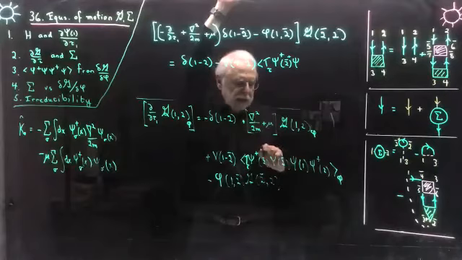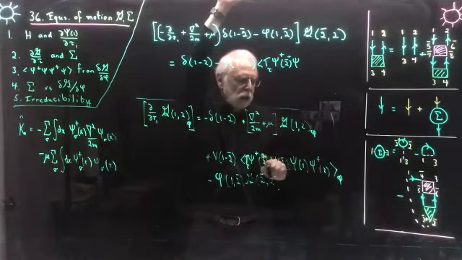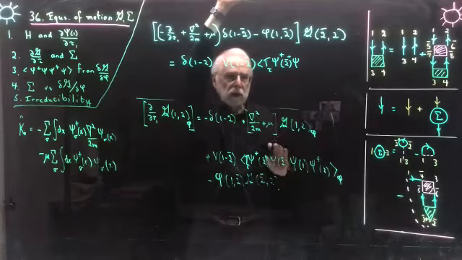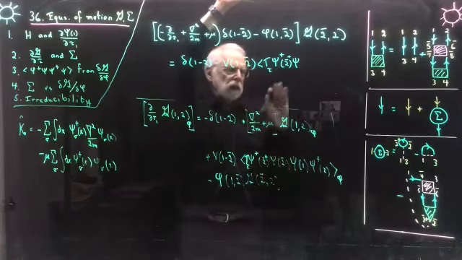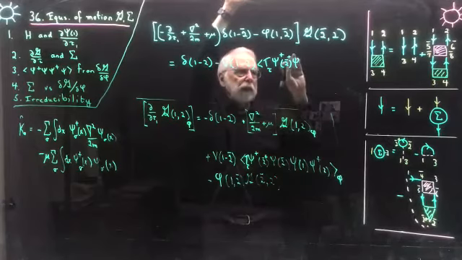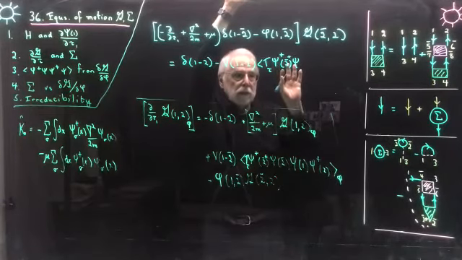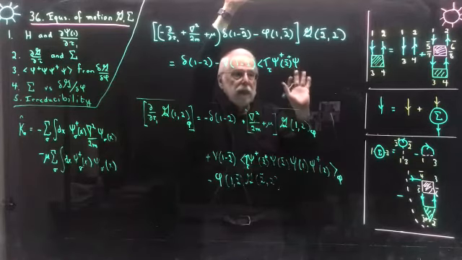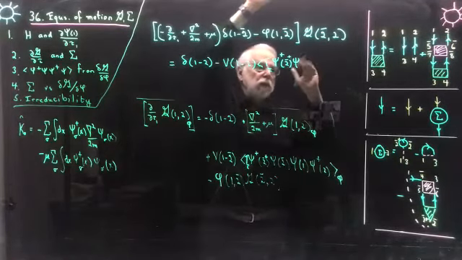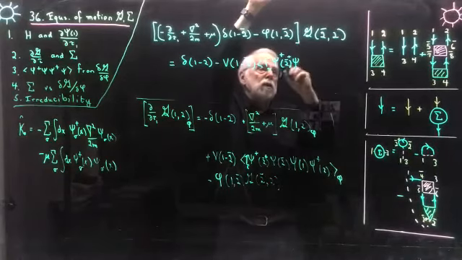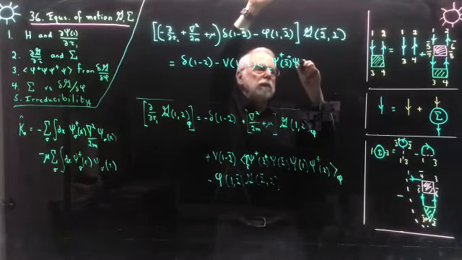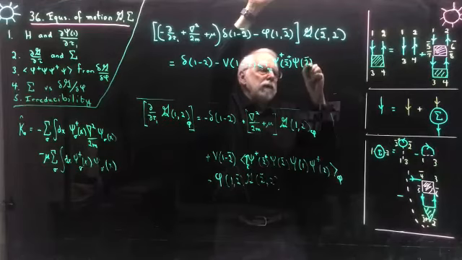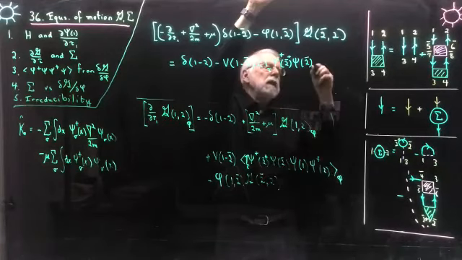To specify that this is always to the left, because it came from V, remember? So in V, it was to the left. And in a time-ordered product, if I don't put this plus, it doesn't mean anything, okay? Because a time-ordered product needs to know what is to the left, what is to the right, because they don't commute or anti-commute. So I have 2 bar plus, and then I have 2 bar here. So that's this. And then I have